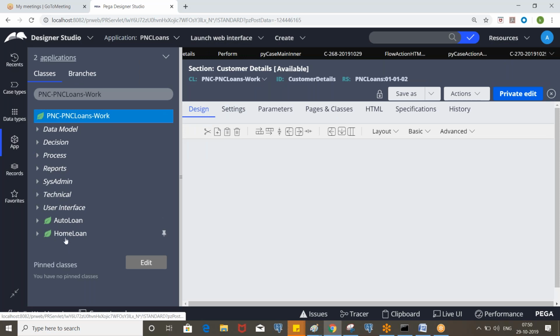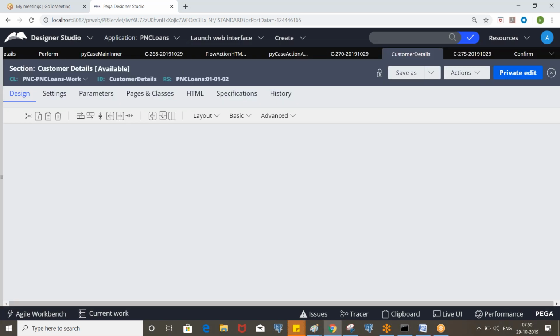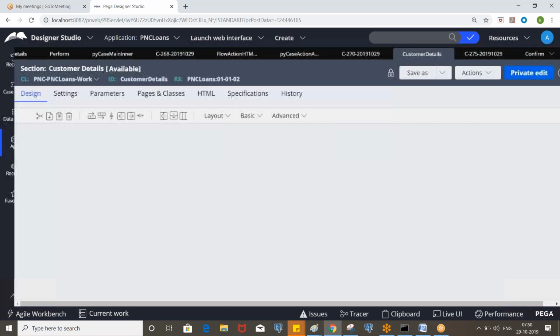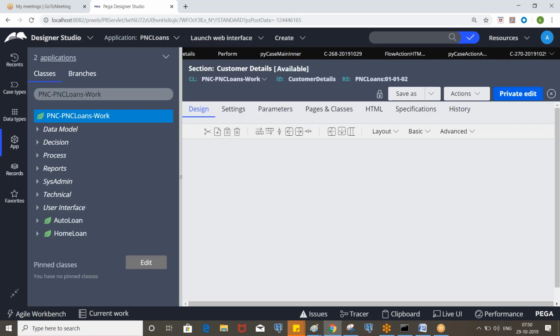Let's say you created a flow with only one utility shape, an automated process, which doesn't require any human intervention. Those flows we call straight through process flows. And mainly we have a flow called the screen flow.